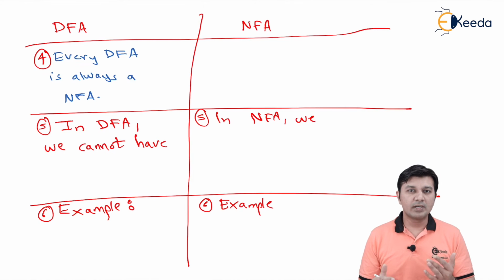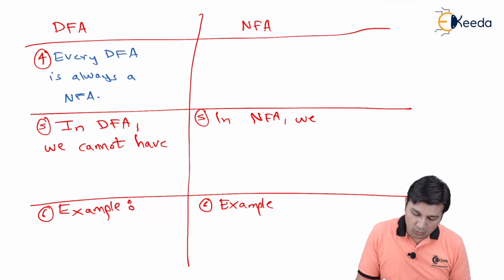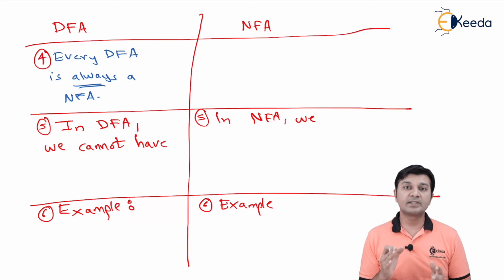So gradually grasping this definition, we understand that DFA is actually a subset of NFA, because DFA allows only one transition, whereas NFA allows 0, 1 or any number of transitions depending on the number of states available. Therefore, we say DFA is always an NFA, whereas for the vice versa case, NFA in case of DFA,